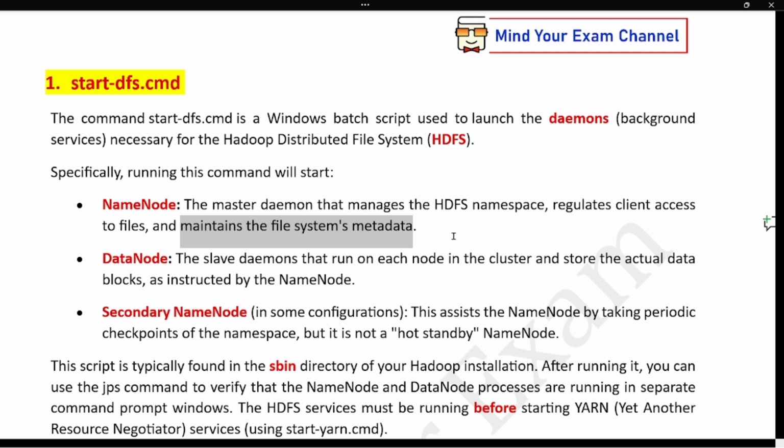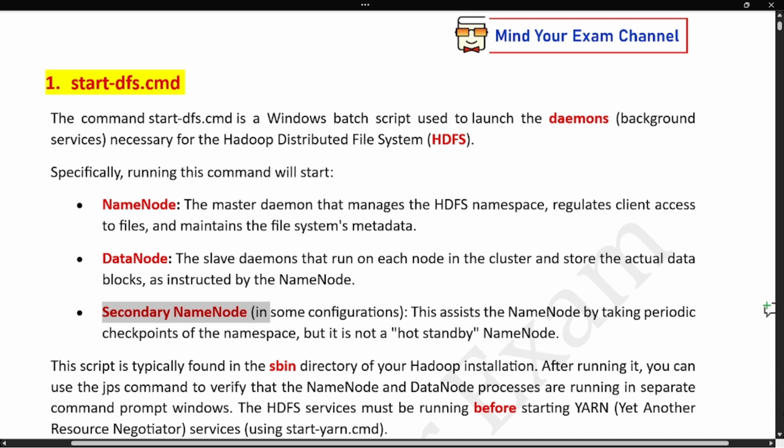Okay. Now, if you are running a Hadoop cluster, it might happen that a third daemon or a third background process named secondary name node also starts up when you run this command. The secondary name node is an assistant to the primary name node, and it helps the main name node to complete its task and take over if there is any problem with the primary name node. Okay. So now you must know that the start DFS command is present in the sbin directory of the Hadoop folder, and it must be the first command that you run before running any other process like the yarn.